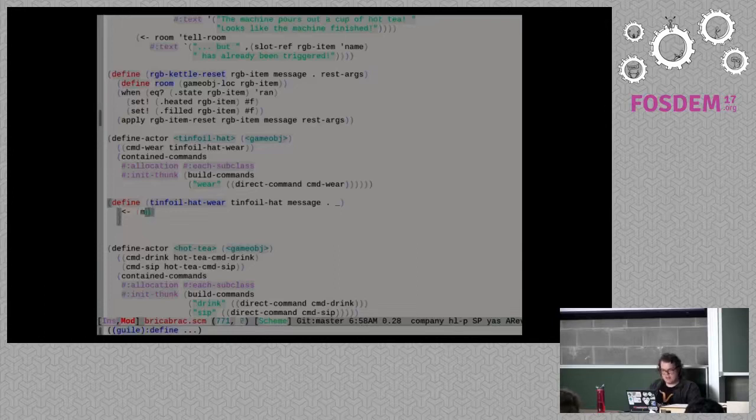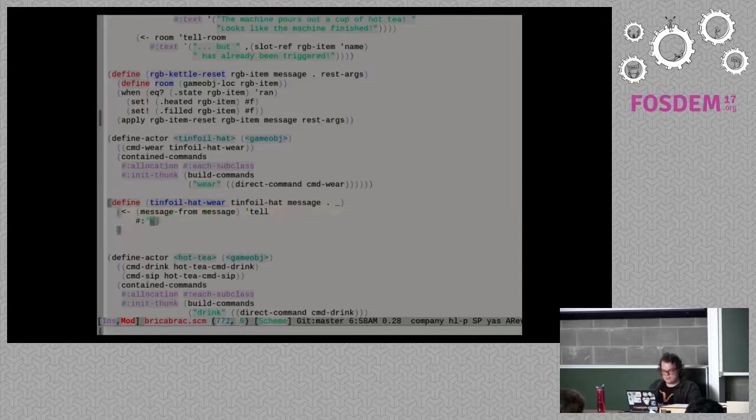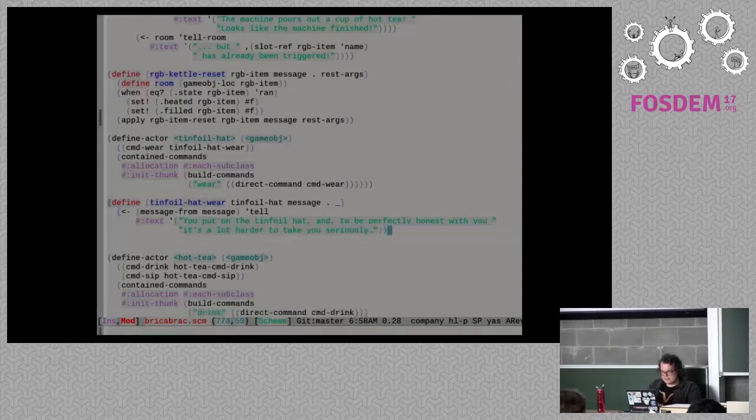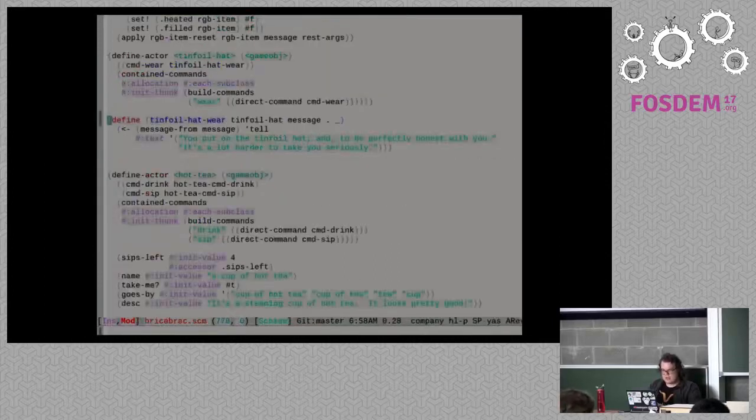We're going to tell them, text: you put on the tinfoil hat, and to be perfectly honest with you, it's a lot harder to take you seriously. Okay, so we've got a tinfoil hat, unspecified. Well, I evaluated it now, so it should be fine. So now I'm going to go down to the tinfoil hat,